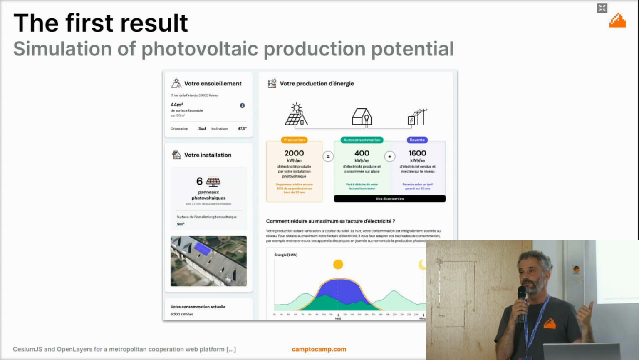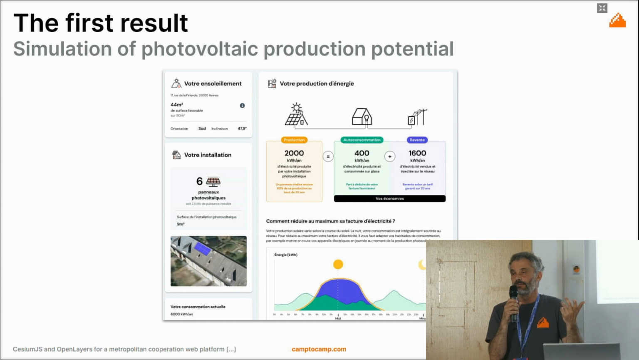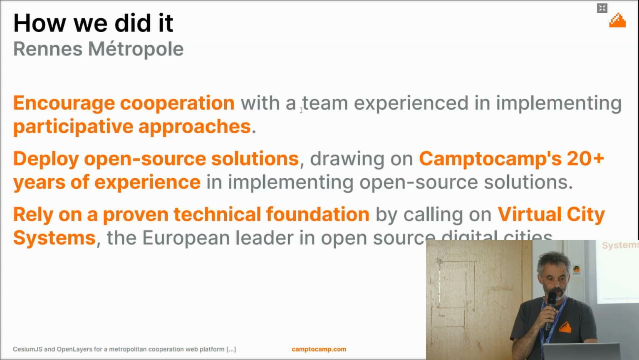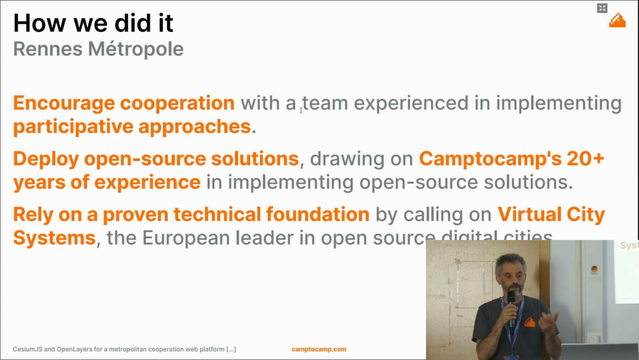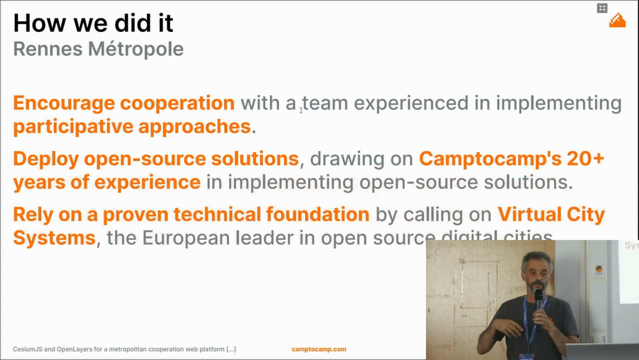And we started the project 1 year ago, and I don't think we have coded, maybe we have been coding for six months only. So the first 4 or 5 months were just designing the system. So how we did this really is encourage cooperation with the participative approaches and with the people at Rennes Métropole, but also we invited the general public to test